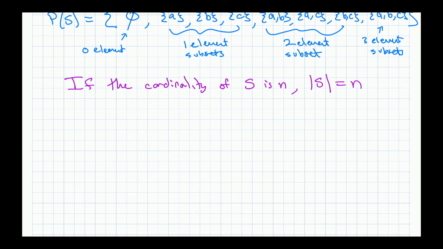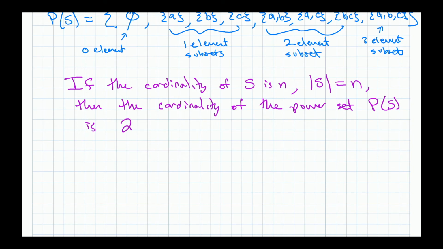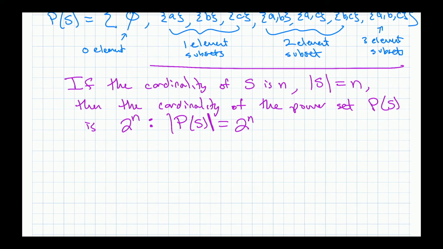Right, so if the cardinality of S is n, so absolute value of S equals n, then the cardinality of the power set P of S is 2 to the n. In symbols, like that. Okay, and so